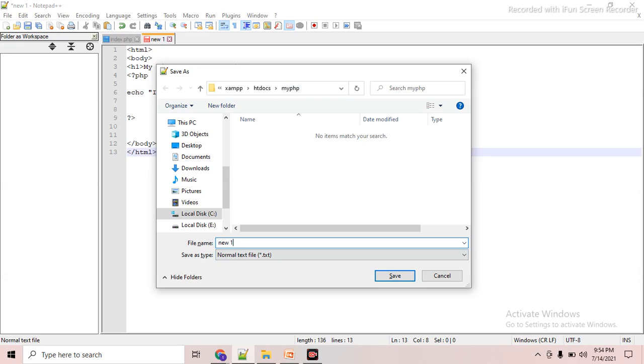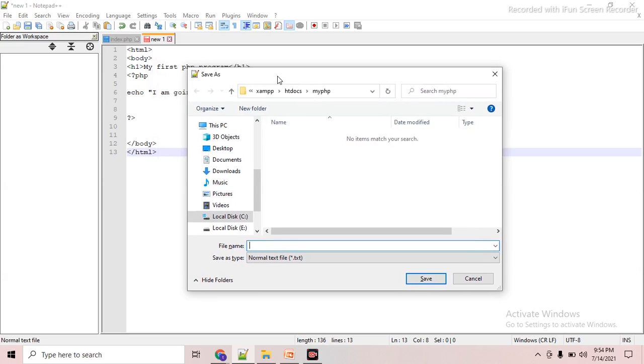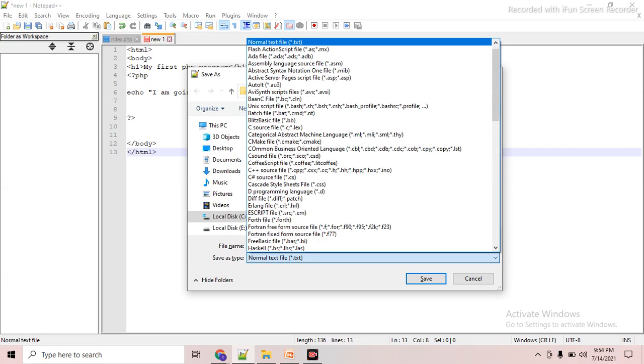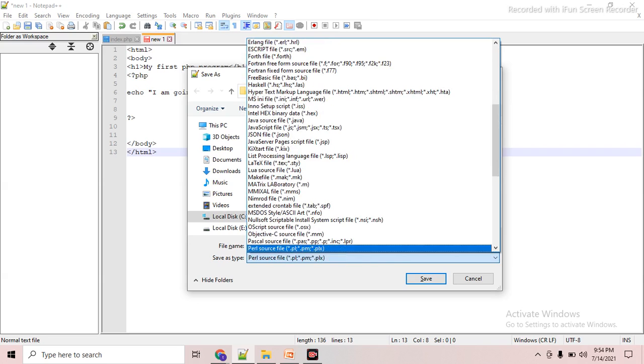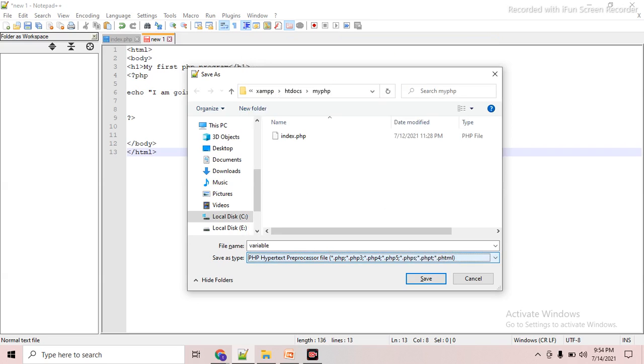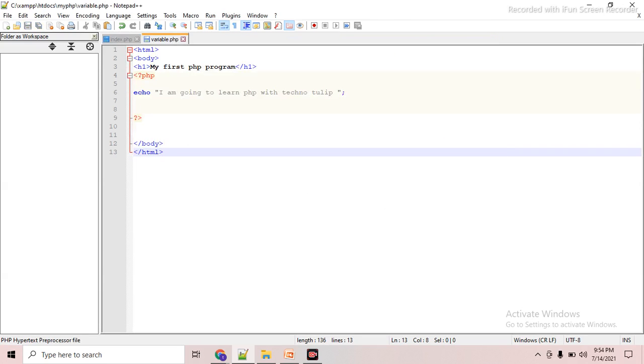Okay, just go here and type a name. Just type the name variable dot php. It means a PHP file will always be saved with the extension .php. Select it and save it. Now it is done.